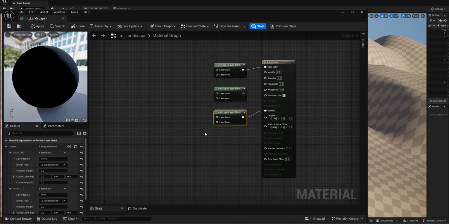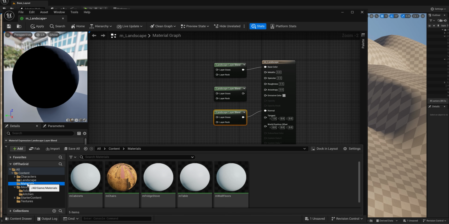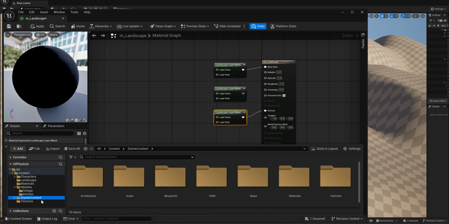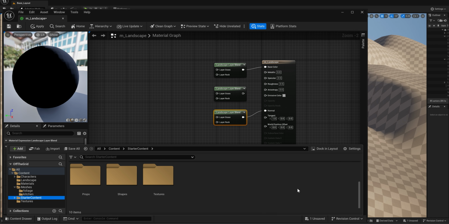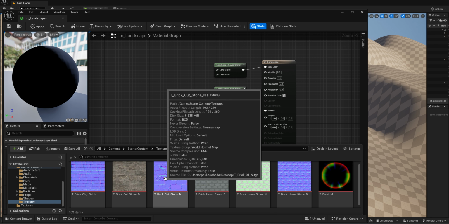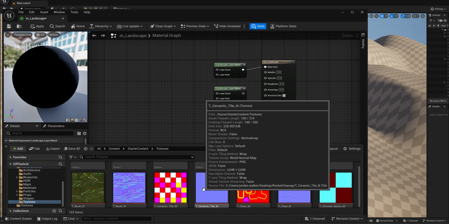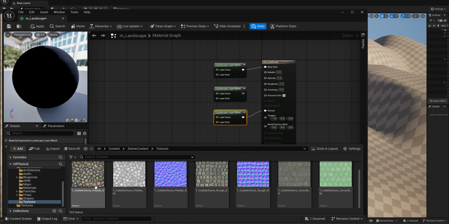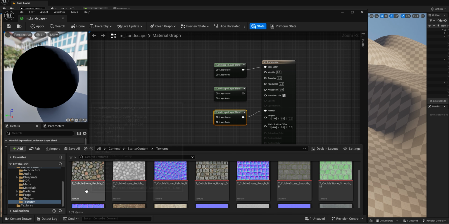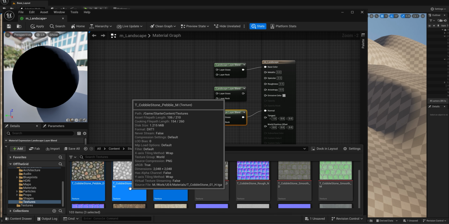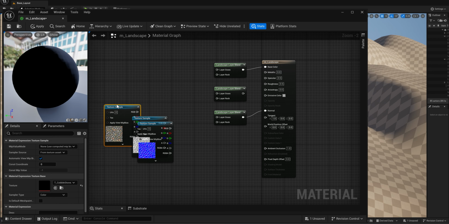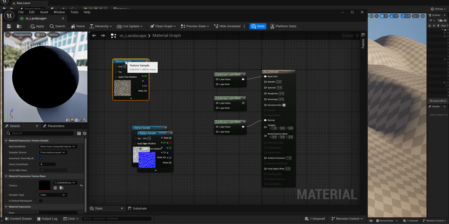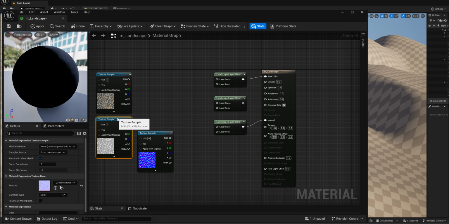So now I can go into my content drawer and look for those materials inside of my starter content. So I can either open up this materials folder, or if I wanted to go more manually, I can open up the textures folder and find the texture maps that I want to bring in. We're essentially going to be bringing in the texture maps, so I will do it both ways. So let's bring in this. We'll have this be our rock. And I'm going to pull this here